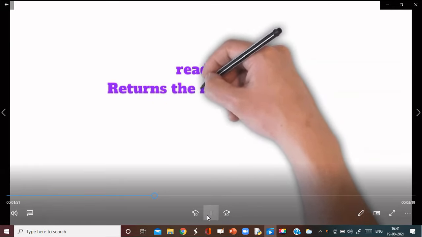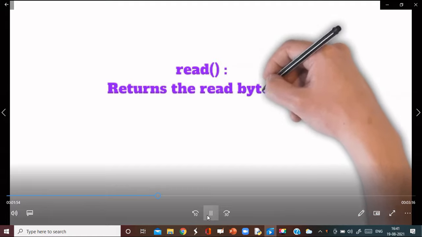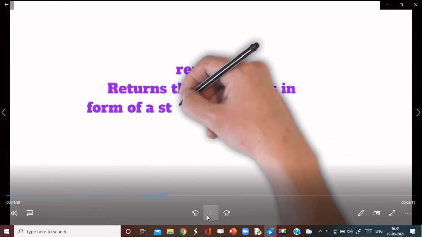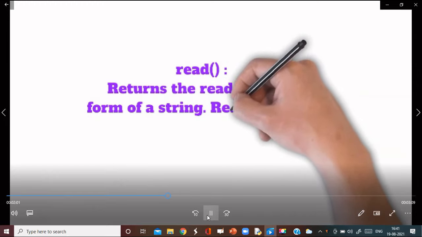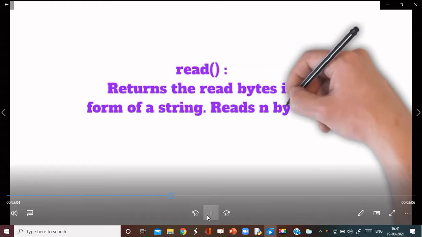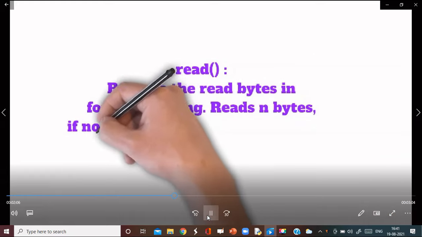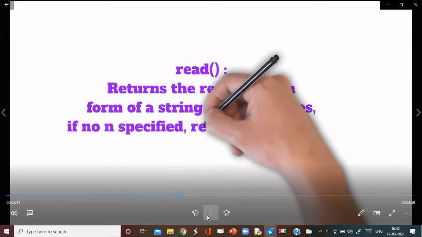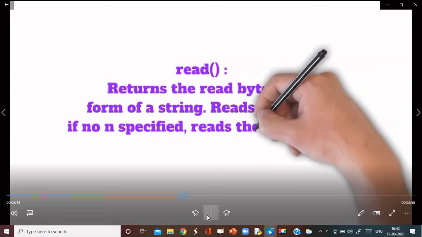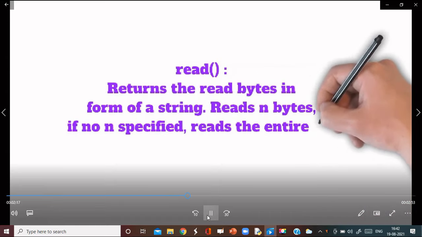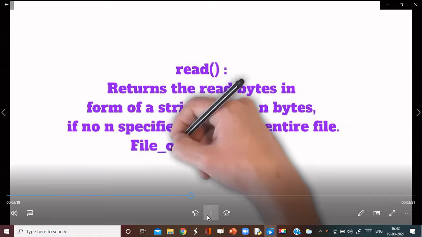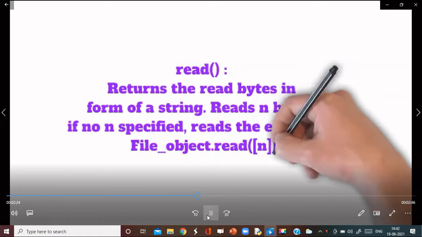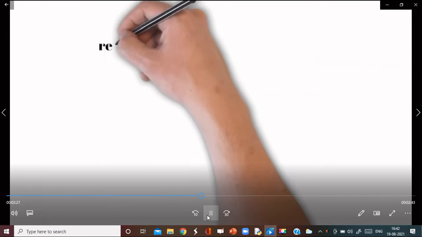It reads the whole file at a time and returns the bytes in the form of a string. If n is specified, n is optional here, then it reads n number of bytes. Its syntax is file object dot read and then the n.